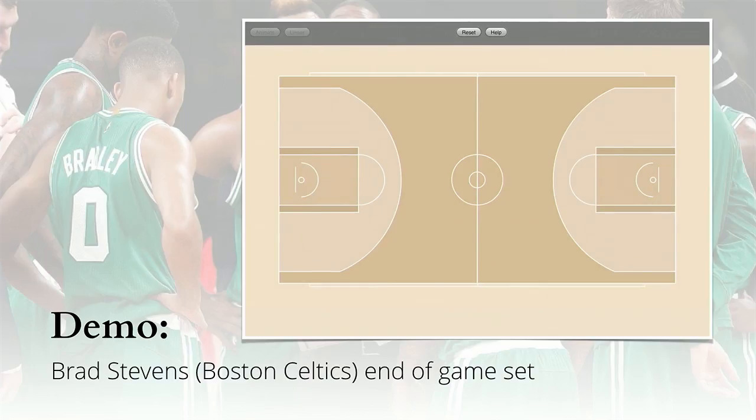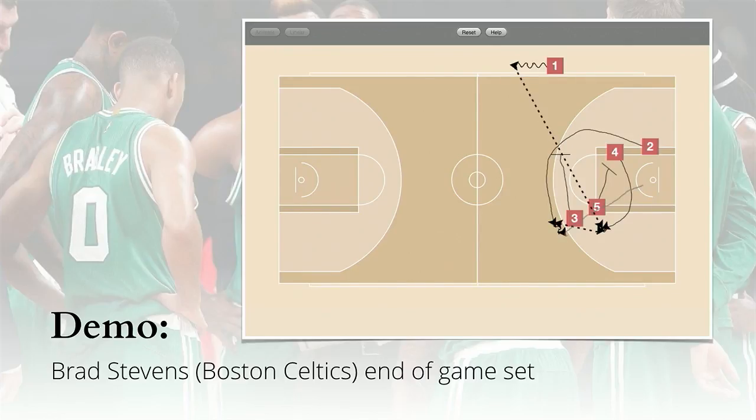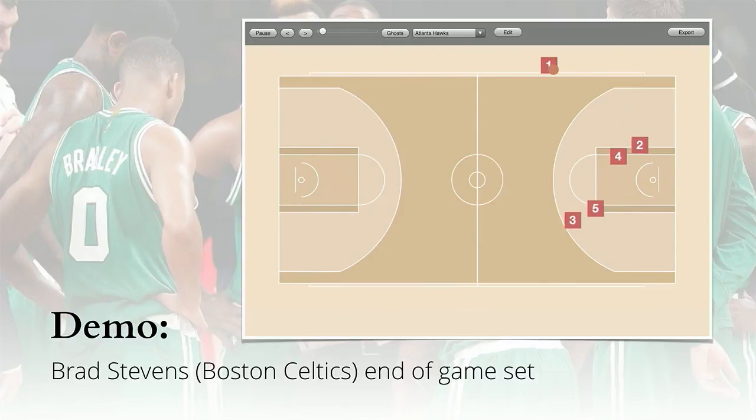Now that we actually have the tracking data, let's go back to the question at hand. The Boston Celtics are 2 points down in a clutch playoff game, and Brad Stevens draws out an end-of-game set, which he calls the winner, that generates an open 3-point shot after a couple of screens. Now we know exactly how this play is going to look, and most importantly, given that it's a first-round playoff game against the Chicago Bulls, we can now see exactly what the Chicago Bulls are likely to